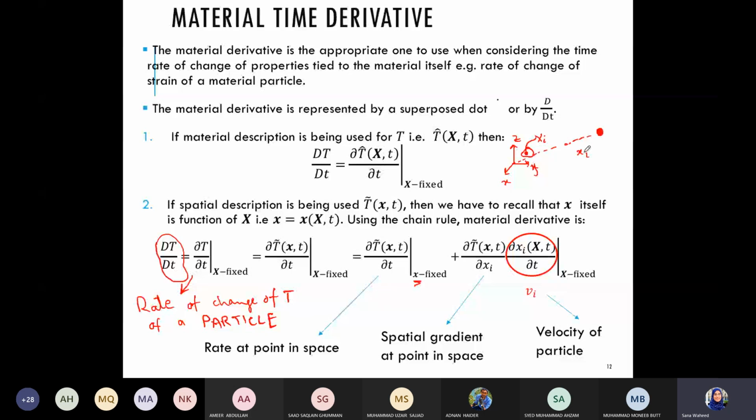So what I'm going to do is in order to find its rate of change, पहले मैं ऐसा करूंगी कि ओके मैं इस पॉइंट के ऊपर स्पेस पे जो पॉइंट है उसका रेट ऑफ चेंज ऑफ टेम्परेचर फाइंड कर लेती हूँ पहले।